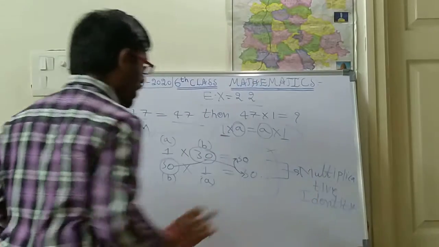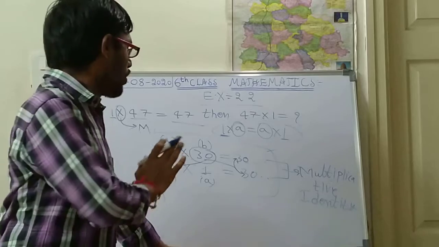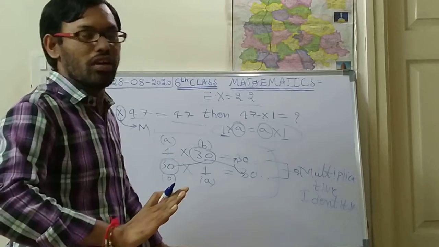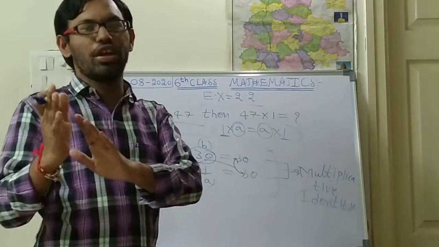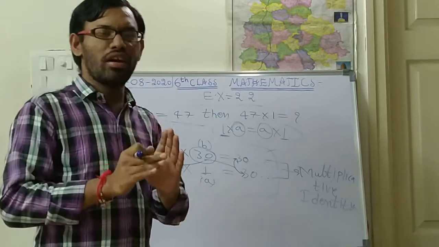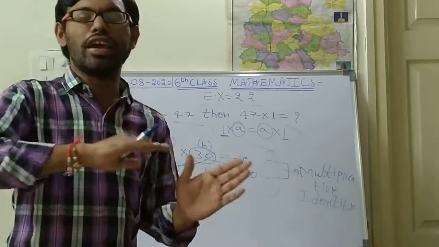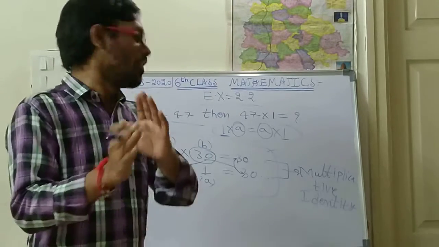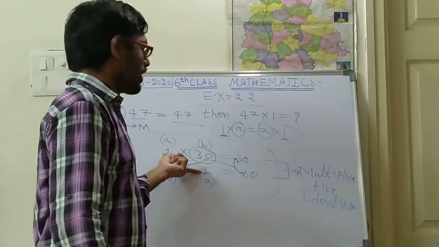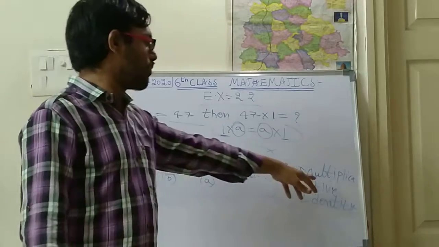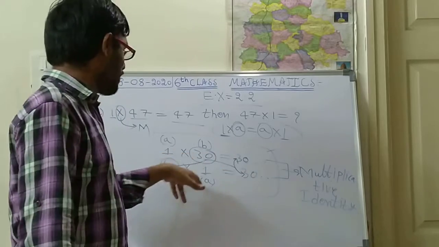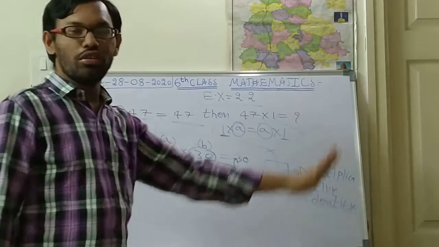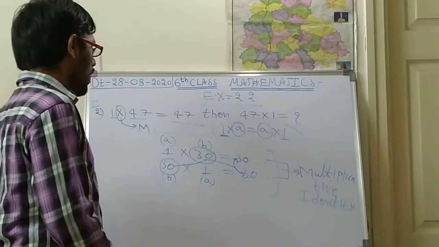So this should be the multiplicative identity. Okay. So now I think you have understood the difference between multiplicative identity and commutative property. Commutative means A into B equals B into A. If any number in that A, B is not 1, then that is commutative property under multiplication. But if any number is 1 in the products, then that will become identity property, and whatever the symbol is, that will be the multiplicative identity. So like this you have to see.